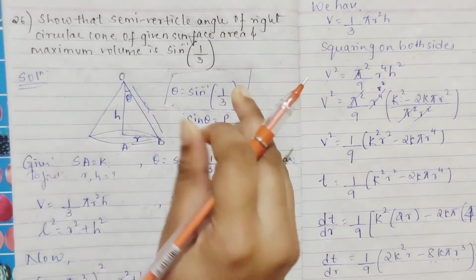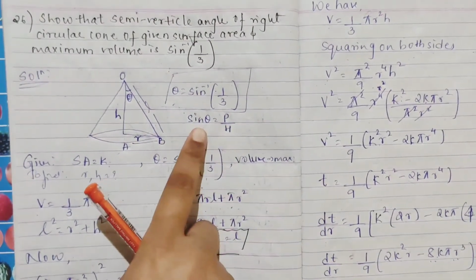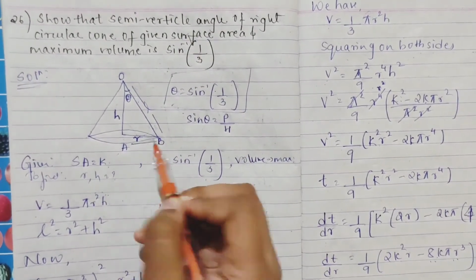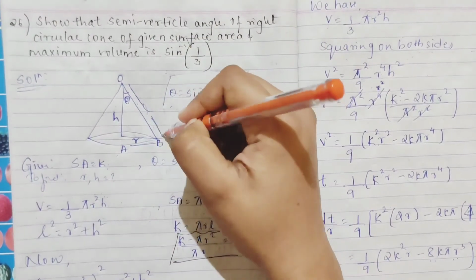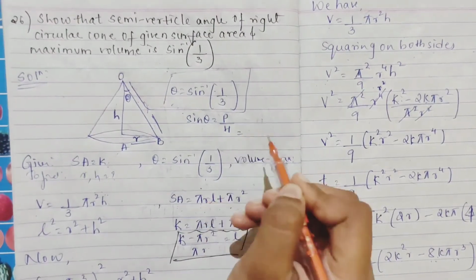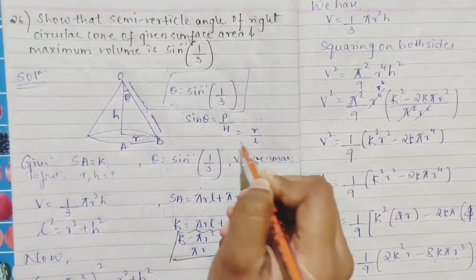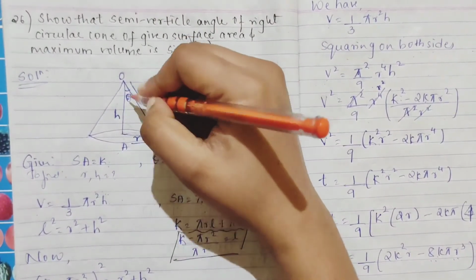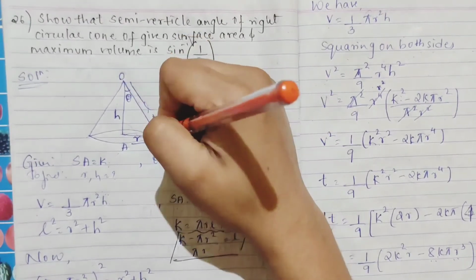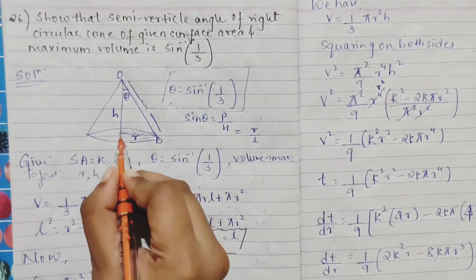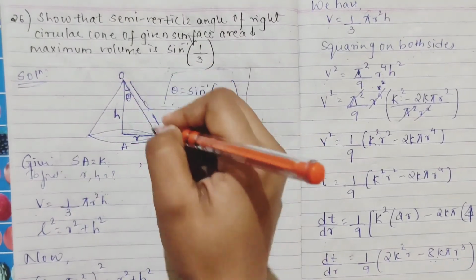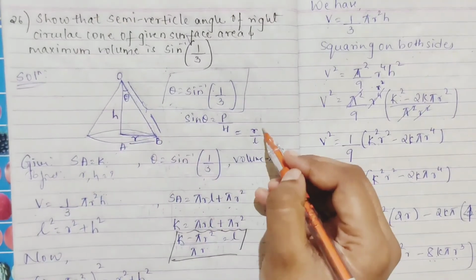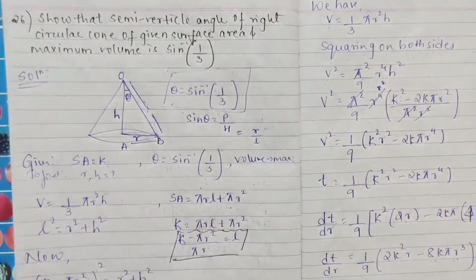Again you have to find this also. How is the sin θ given? Sin θ is equal to perpendicular by hypotenuse, right? This is your perpendicular, this your hypotenuse, so it is r by l. This is on your right angle triangle, right? Like this you can take as your hypotenuse, this is your base and this is your perpendicular. From your right angle triangle we are considering r by l. From here we'll substitute your r value, we'll substitute your l value and we'll find out.